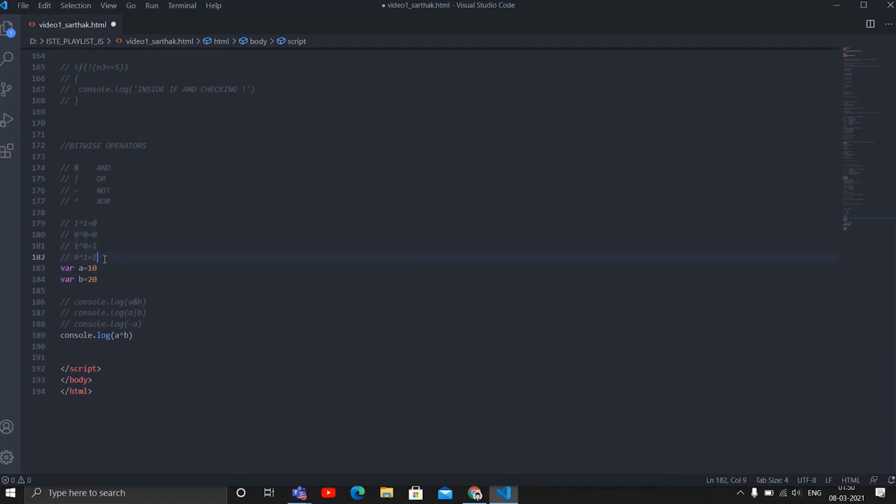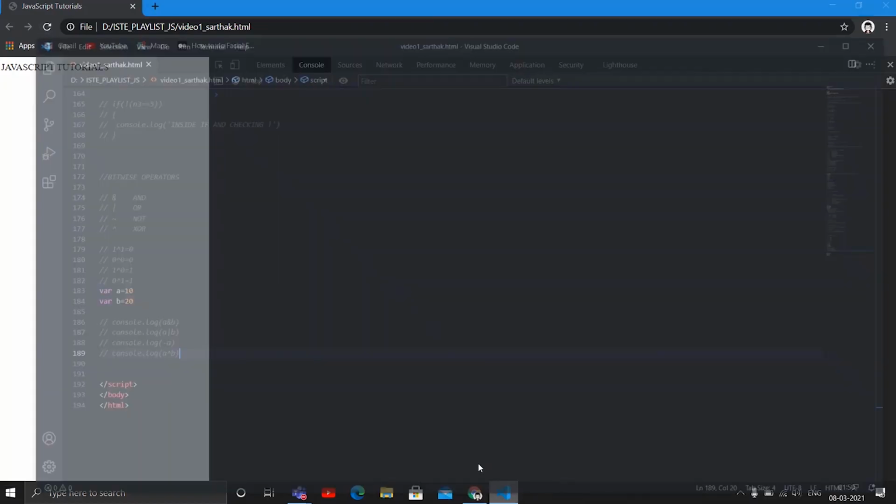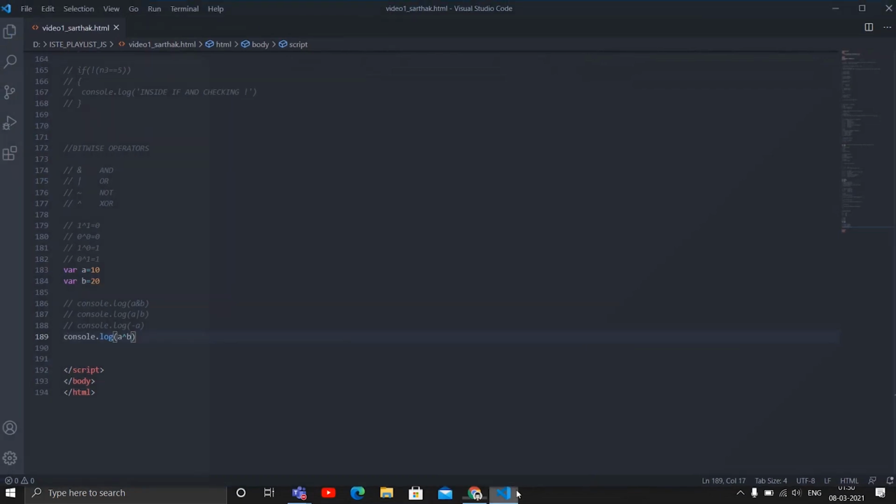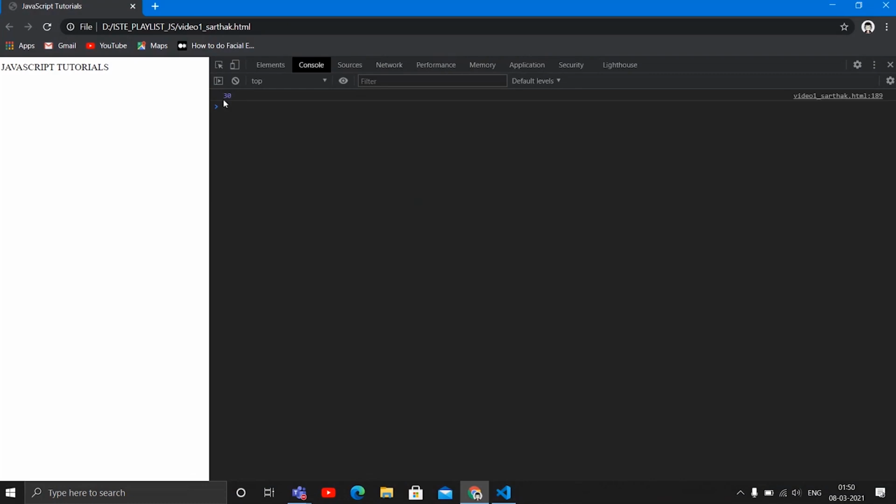You can see, 1 XOR 1 is 0, 0 XOR 0 is 0, 1 XOR 0 is 1 and 0 XOR 1 is 1. Okay, so we'll print this in our console. So we get 30 as our output.